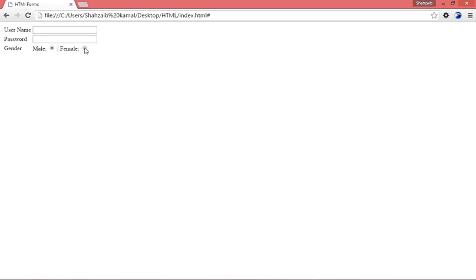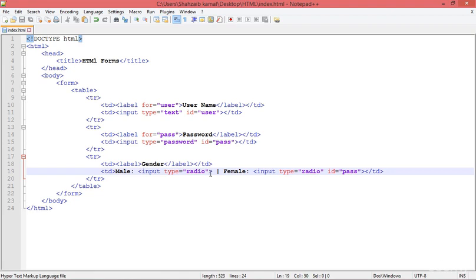Select this one or this one, but what the hell, they both have been selected, but how to remove? There isn't any way to remove. But why is this happening? Because I left a single thing in a form: the name attribute. The name attribute is really important, because if you want to send the data to the database, to PHP or any programming language, we have to use the name attribute. We will learn about this exactly in the PHP chapter, but right now I'm simply adding in the name the